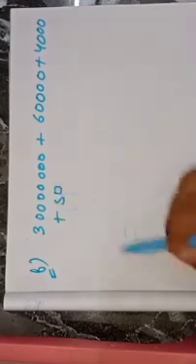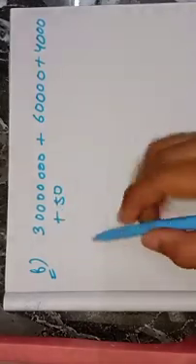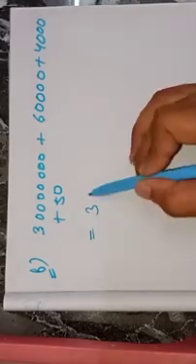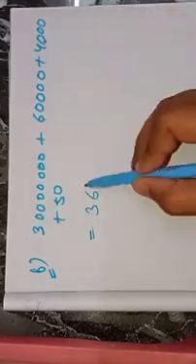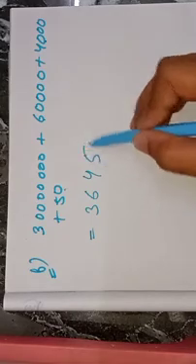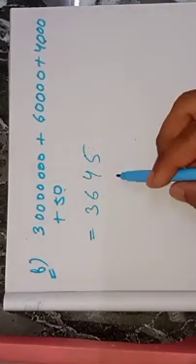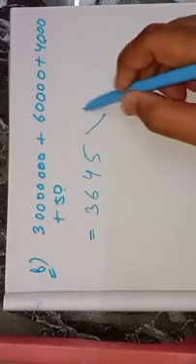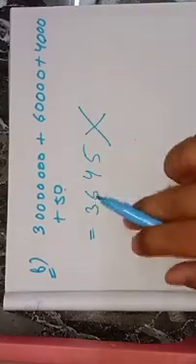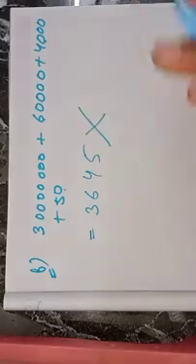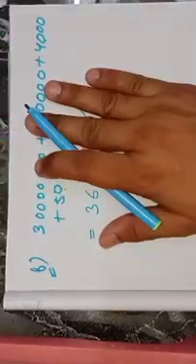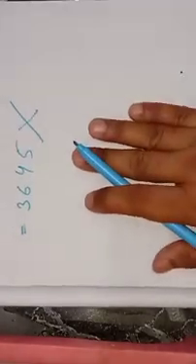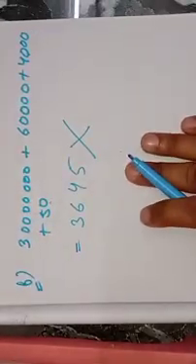plus 5, 0. So if any of you say, sir, we can do directly, write the first digit, write the second digit, write the third digit, and write the fourth digit. Just go and check your answers which are printed at the back pages of your book. This answer is wrong. You will get your answers wrong if you follow this direct method in each and every sum. But if you follow my method which I explained you in the video, then your answer will be correct. How?